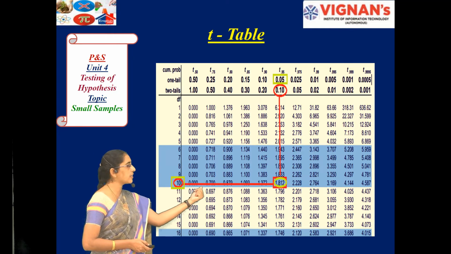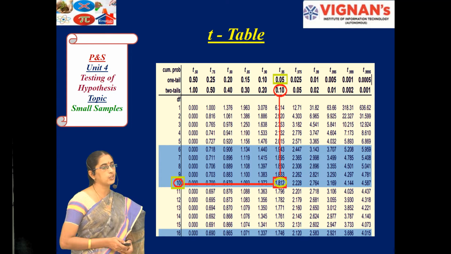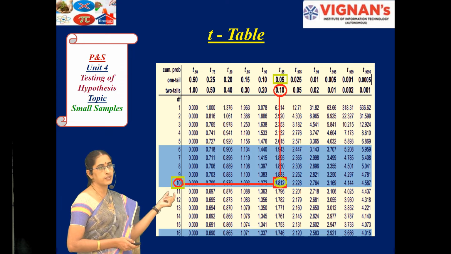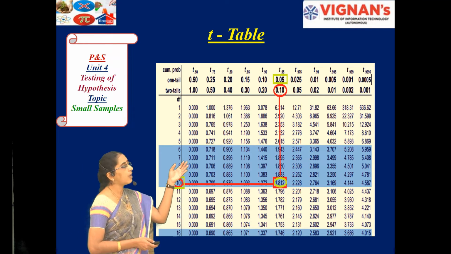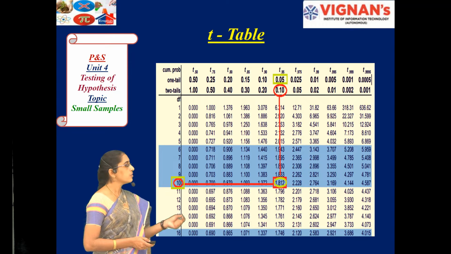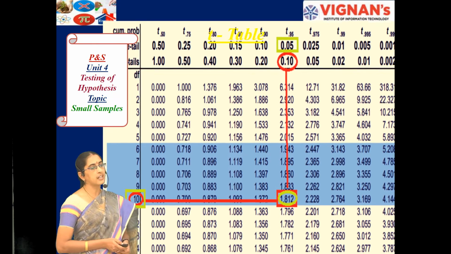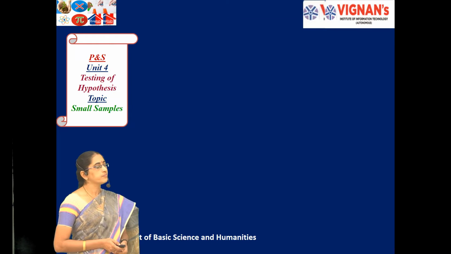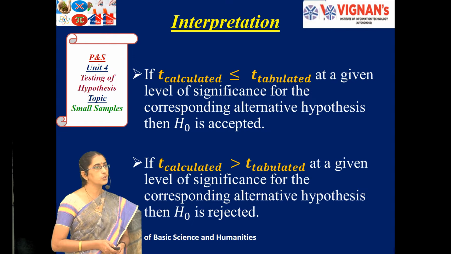So the critical value is a tabulated value. Just for the example, we have taken one value also: 10 degrees of freedom, and the level of significance here is 0.1 and 0.05, right? So the critical value is your tabulated value. Then for the conclusion part, if the alternative hypothesis is not equal to, that is two-tailed, then